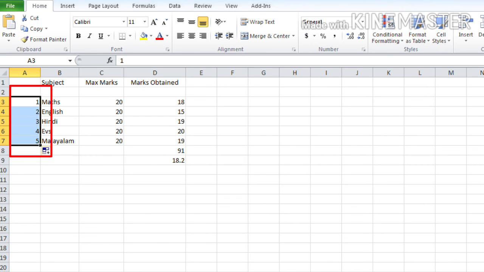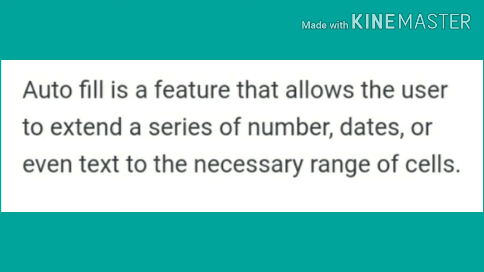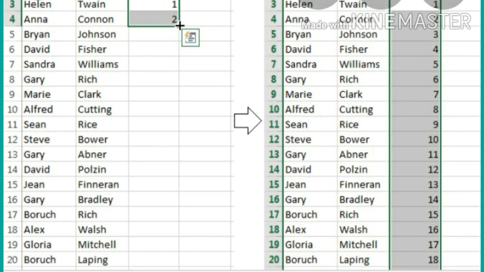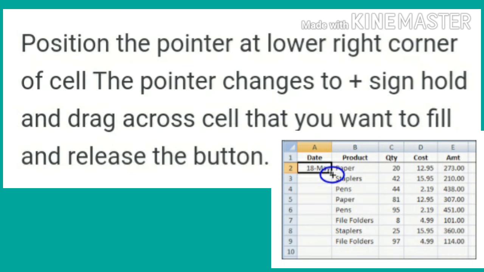Children, the Microsoft Excel program is designed like that. It can calculate the difference between the two entries that you gave, and it can add the same difference to the rest of the values. Like how you are filling the number patterns or shape patterns, the Excel program also can identify these patterns.